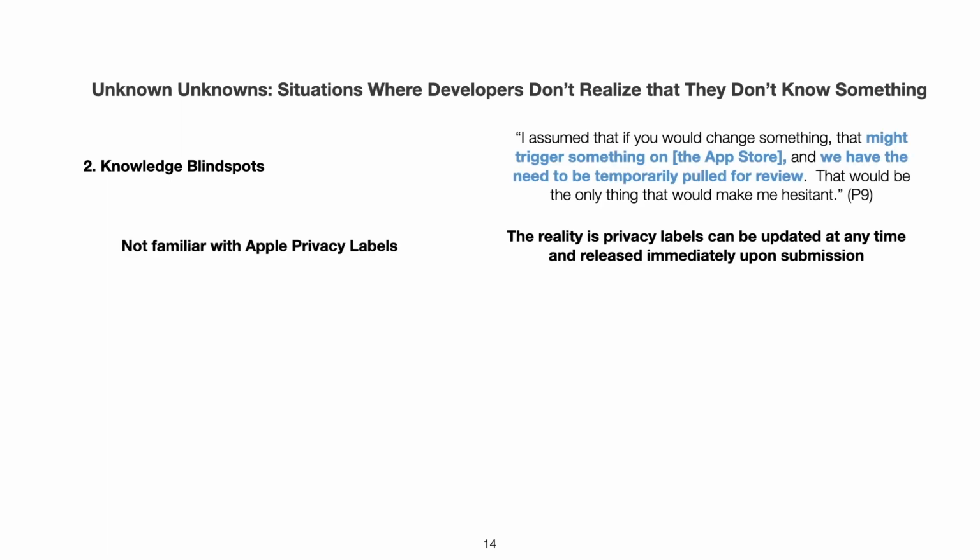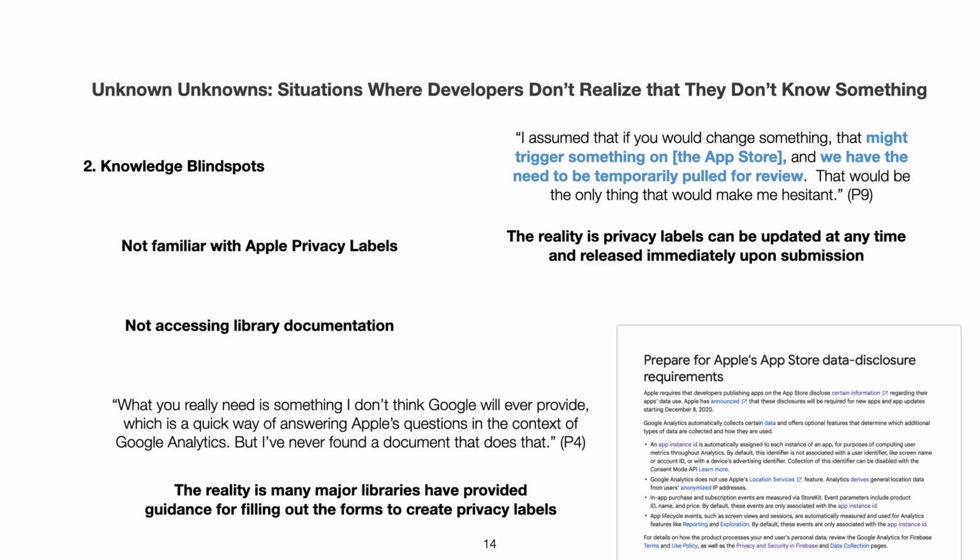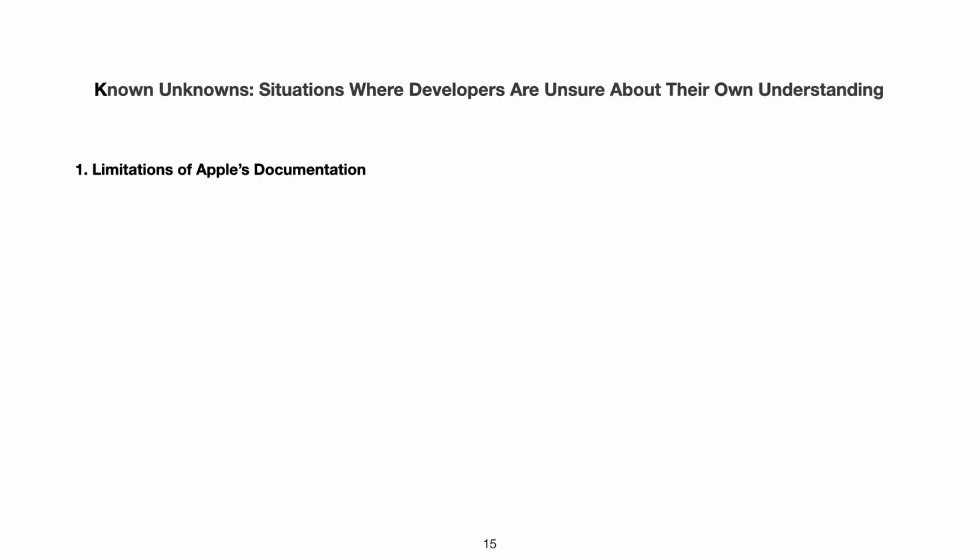We also found knowledge blind spots related to the procedure of creating privacy nutrition labels and the resources that support this task. Our study showed that although many widely used libraries have provided guidance for this task, developers were unaware of their existence. The second type of challenges, known unknowns, refers to situations where developers were unsure about their own